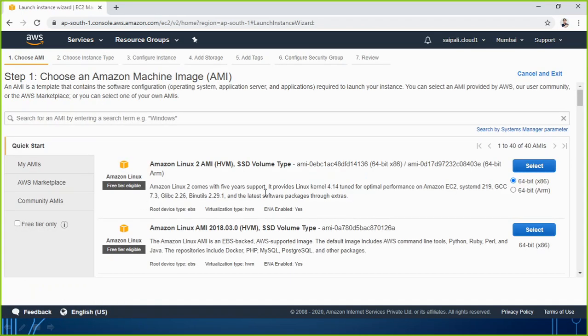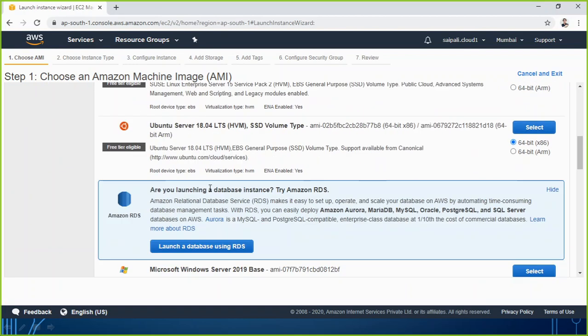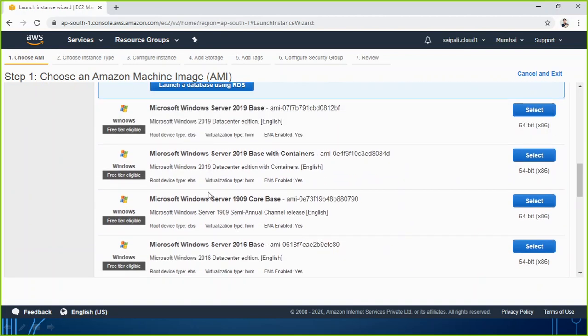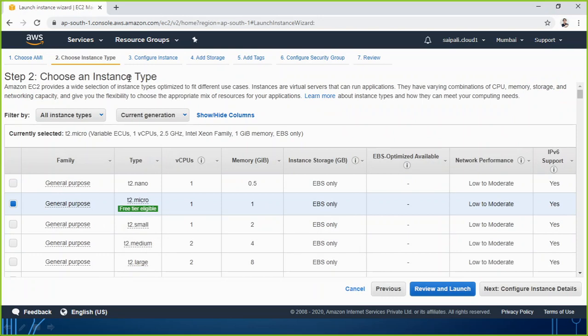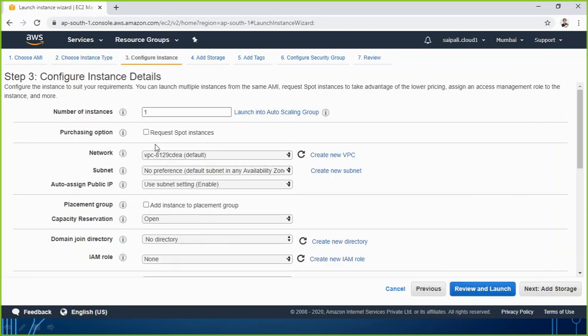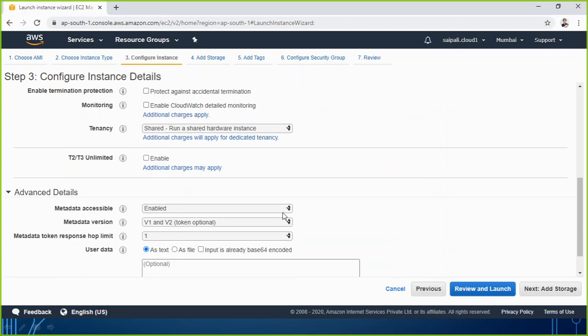Creating an instance, you guys have already learned, so I will just be going a bit fast. Free tier. Maybe I want to make an instance running Windows 2016. Let's say that. So I just select it. I choose the instance type, free tier. I leave it at the default. Right now my region is Mumbai and the availability zone I am leaving at default. It will decide which one is going to be there.